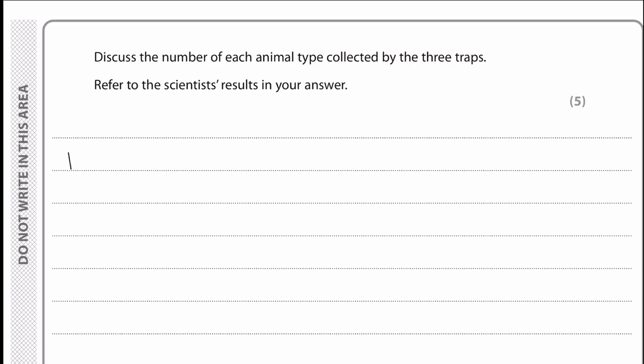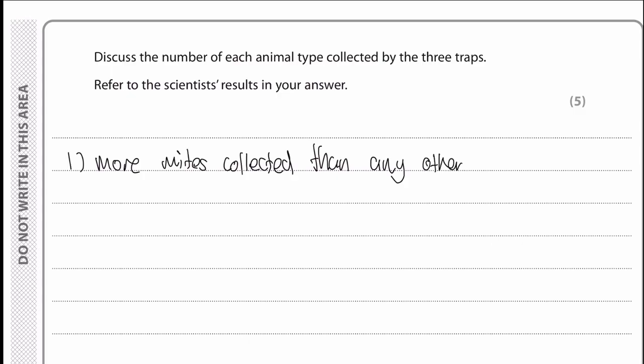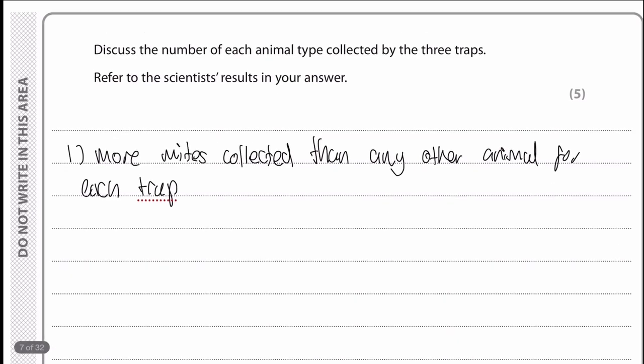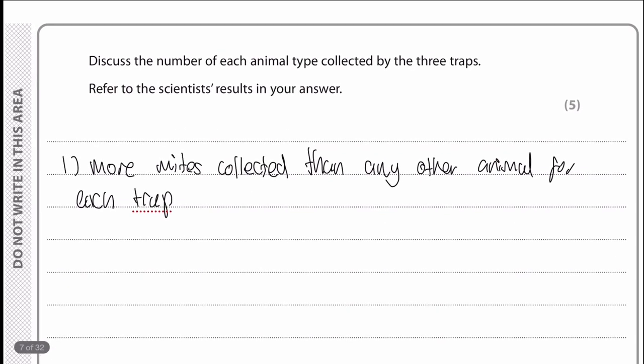So one thing is there's more mites collected than any other animal for each trap. Okay, that's a very easy one to say, and because we've said something like more mites are collected, I